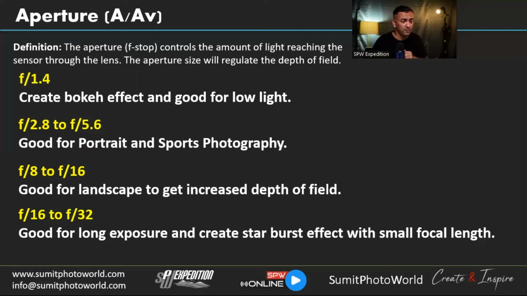At f1.4, it can create good bokeh. Many art lenses for portrait photography come with f1.4 because they are specialized and really good for low light conditions. They create a good bokeh effect. And f2.8 to 5.6 is good for portrait photography and sports photography, because it makes sure that your subject will